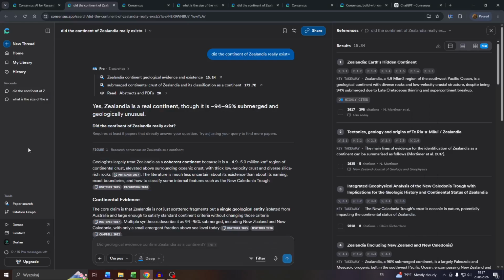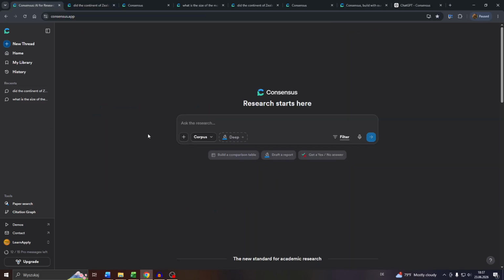Hello guys, in this tutorial you will learn how you can access and use the paper search feature in Consensus AI. So let us guide you through this, guys. What you want to do is navigate to your account on Consensus AI, and let's assume, for